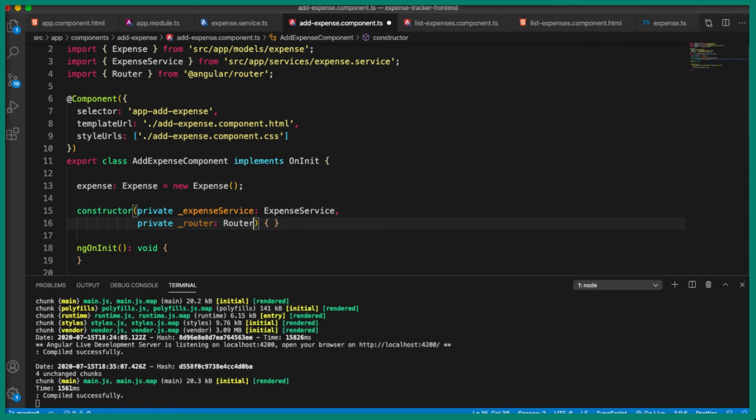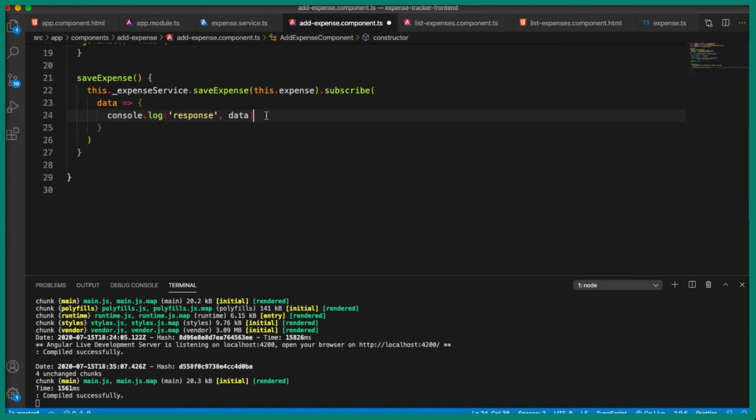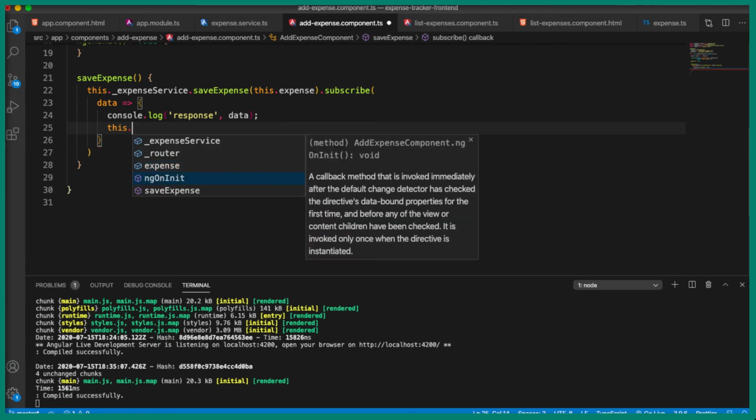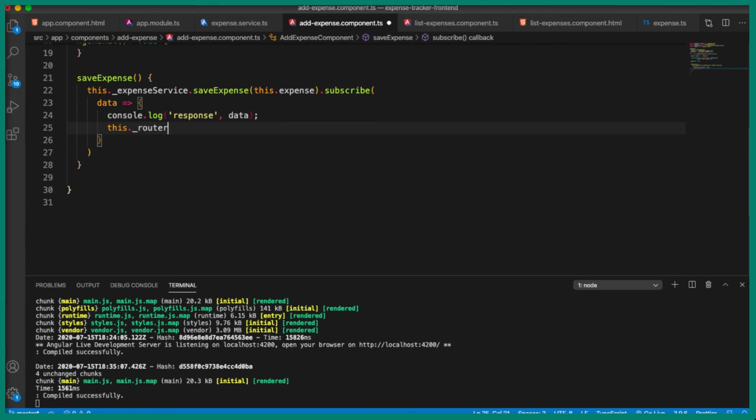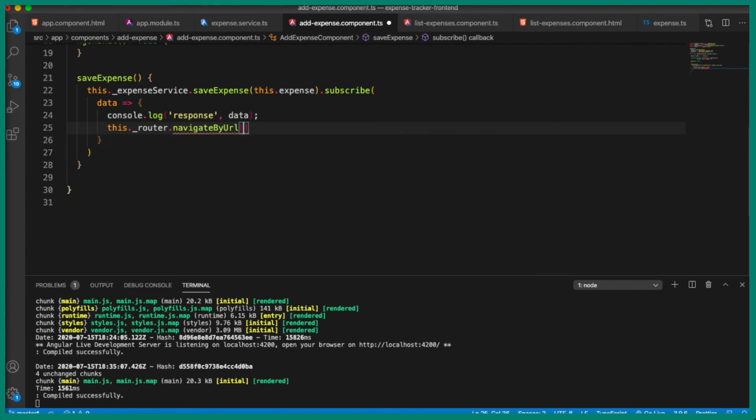Let's import it. So now we have the router. Now we can call a method navigateByURL. So just below this, we are going to make use of this dot underscore router dot navigateByURL, and we are going to navigate to /expenses.